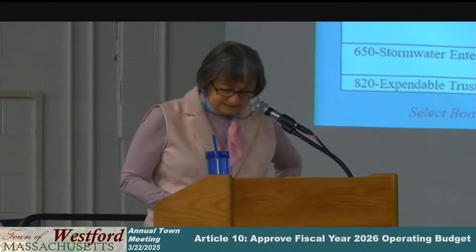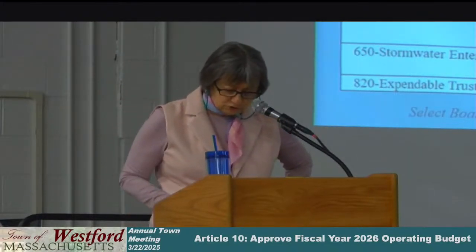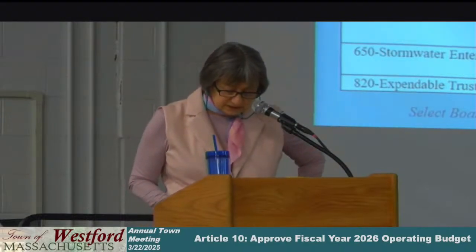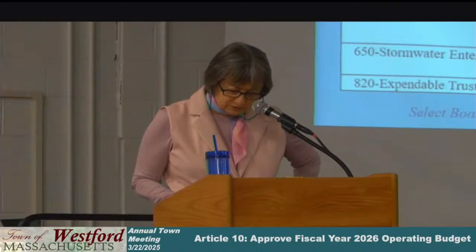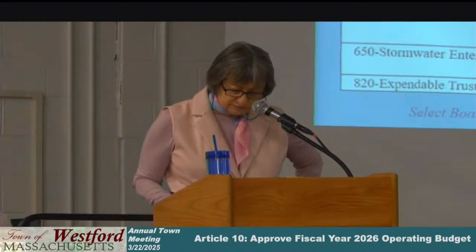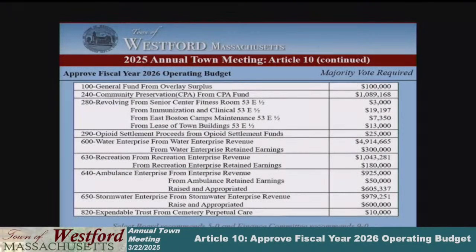Okay, at this time, please turn to page 9 of your motions booklet. As you can see, each department or category of our town government is listed, followed horizontally across the page by 5 columns. The numbers we will be working with are the bolded totals in the 3rd column labeled fiscal 2026 TMR for town manager recommended. These are the numbers you'll be asked to vote on in this motion.